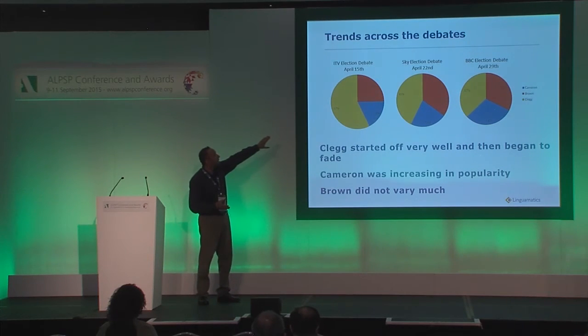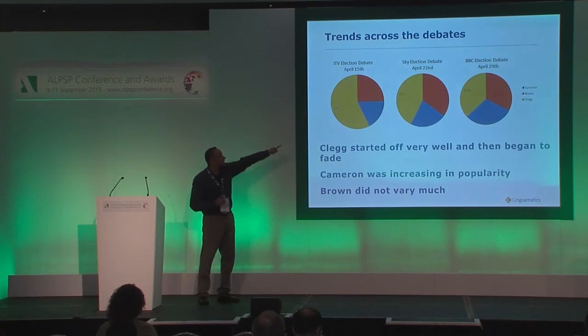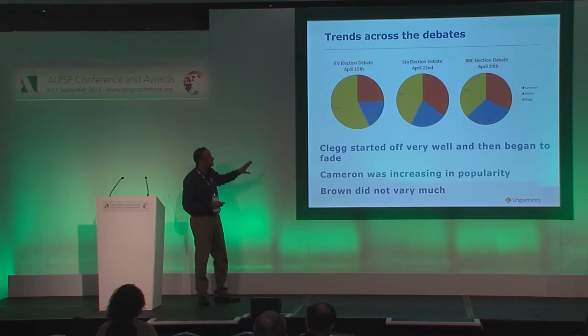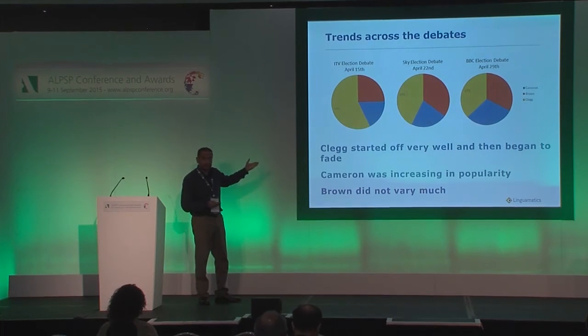And Gordon Brown in red fluctuated in a minor way. David Cameron actually grew in popularity. You can see he started off with 18%, then ended up with 31%. So that was interesting because it ended up being a fairly good reflection of the